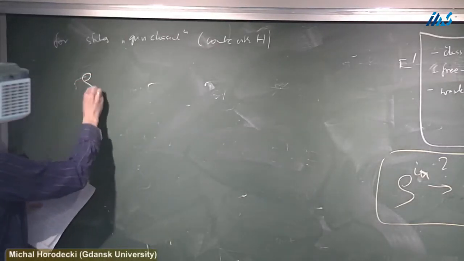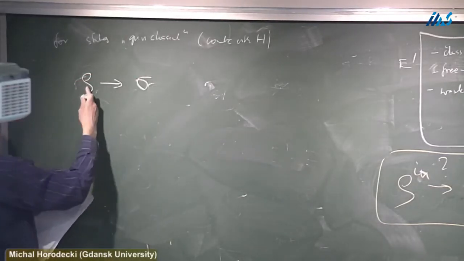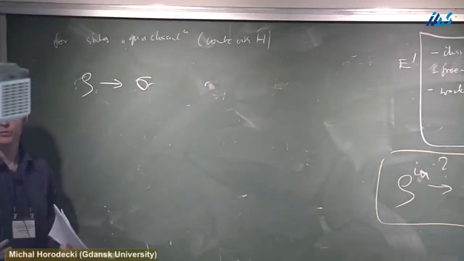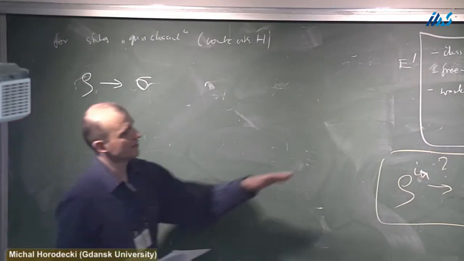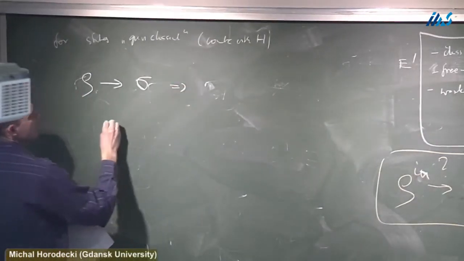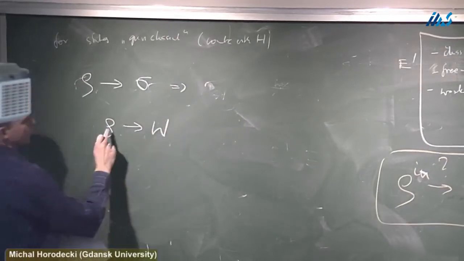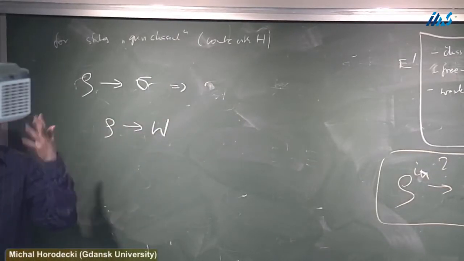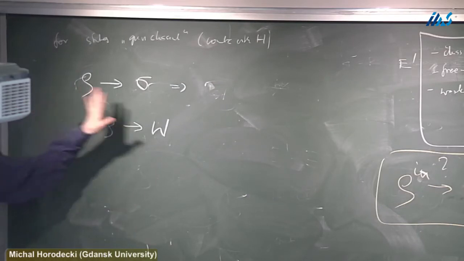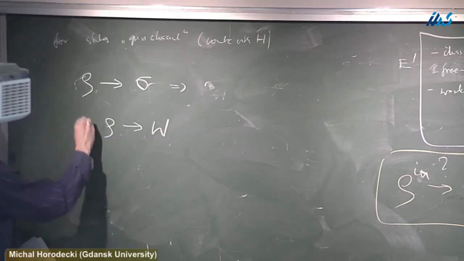So what do we do? We have answered this. We know when from rho you can go to sigma, and then we can apply it to our definition of work. Using it, we can get how much work I can draw from rho. Of course, we have in mind that we have this heat bath. So we always take rho, add a heat bath, and then get work. That's one sort of question.